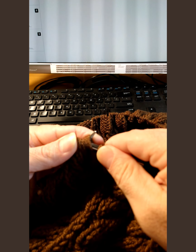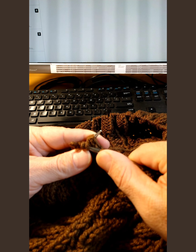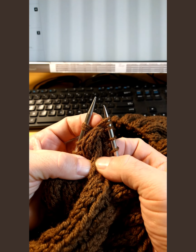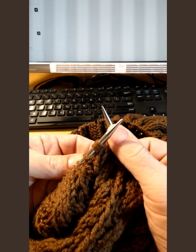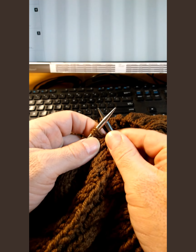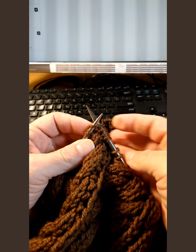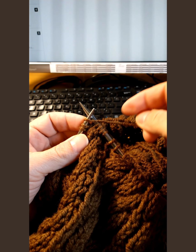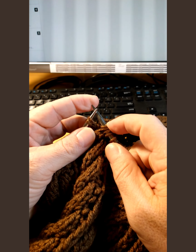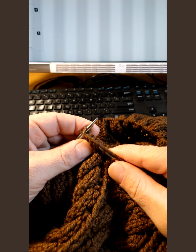Slide the first 3 off and pick them up again with the needle on the right hand. And that crosses the cable. Excuse me. Then you can go ahead and complete the cable by knitting the remaining 3 stitches. 1, 2,